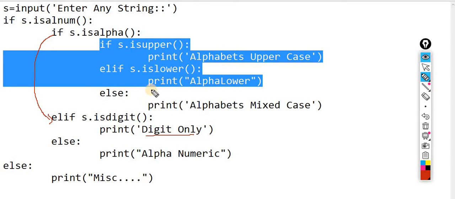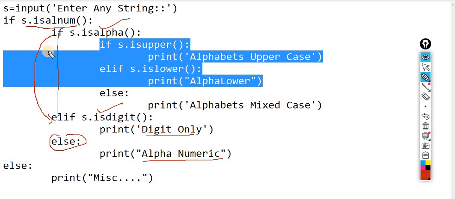Okay, if again the user did not enter digits, now what exactly did they enter? That means it's not alphabets, it's not digits, but yes, this condition is true. That's why it is coming here. If all these conditions fail, that means this condition will be executed. And what exactly is this condition? That the string contains alphanumerics.